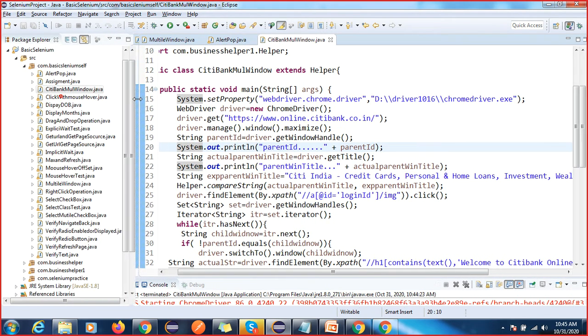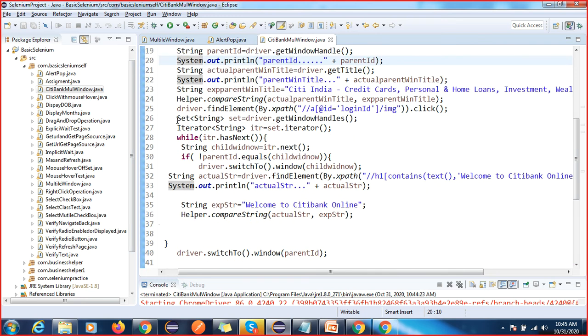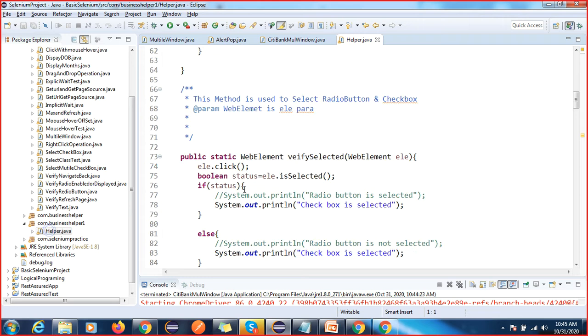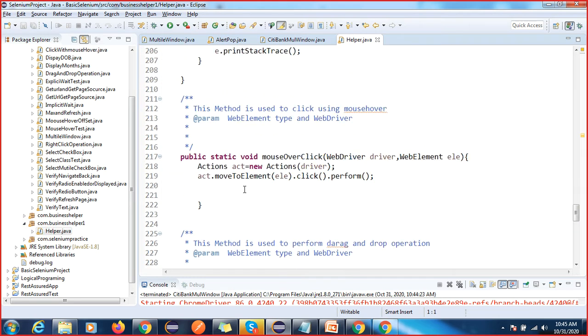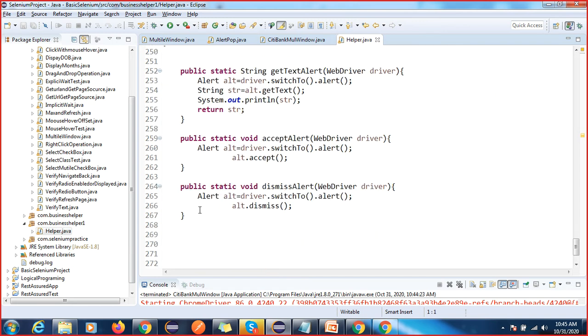So let me check what I can do to make this code readable and more reusable. I'll show you. This is our helper class. So here, what is the repeated step?